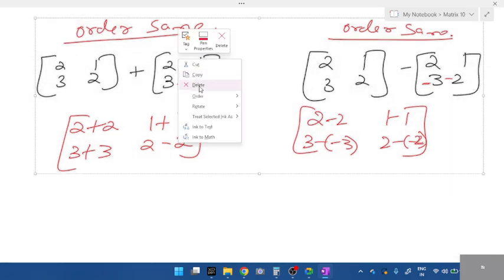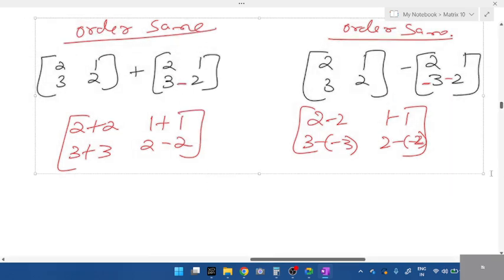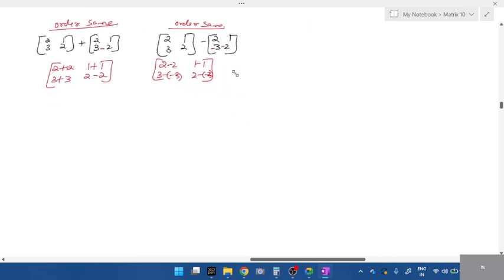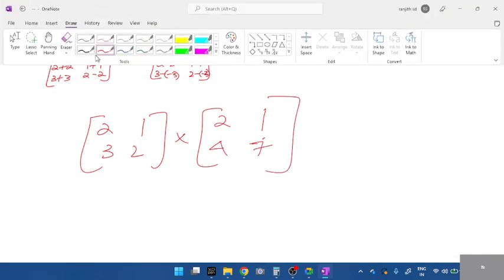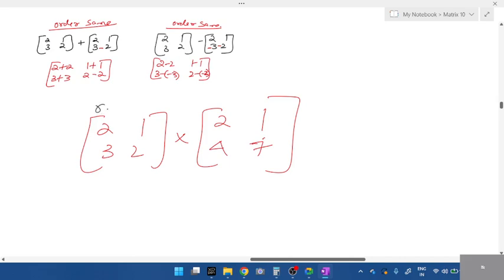Next, multiplication of matrix. I'll take the same question for multiplication. This is for addition, subtraction, multiplication. 2 1 3 2 multiplied by 2 1 4, and I'll take 7. Now, this is row 1. Okay, row 1, row 2, column 1, column 2. In the same way, here we have row 1, row 2, column 1, column 2. The formula for this is